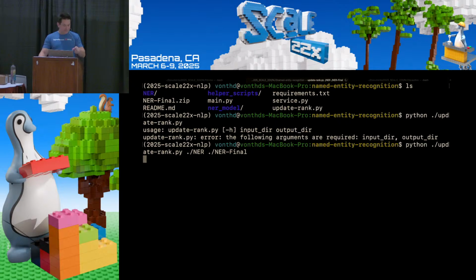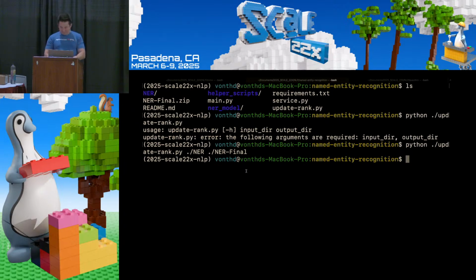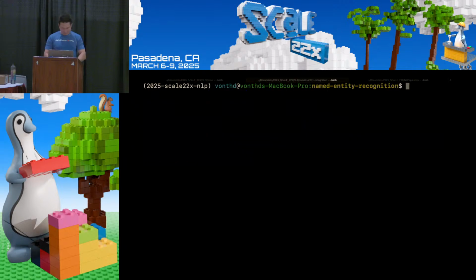So I'm taking this NER directory, which contains my data set. This is all of the public data sets that I had. I'm going to skip this, sorry. Anyhow, let's go ahead and feed it some sentences. So we train the model, so that's what this